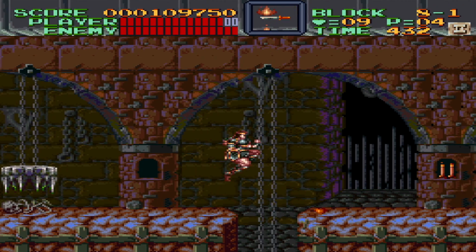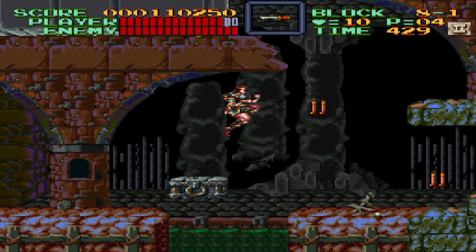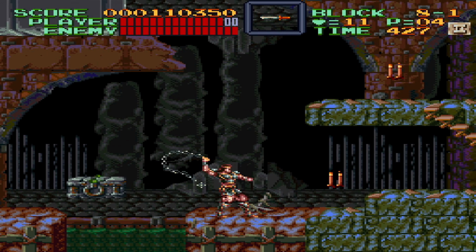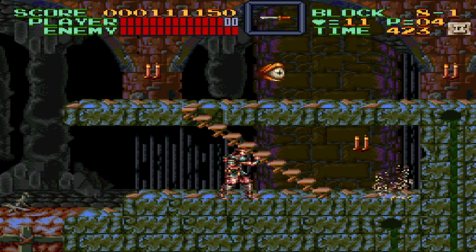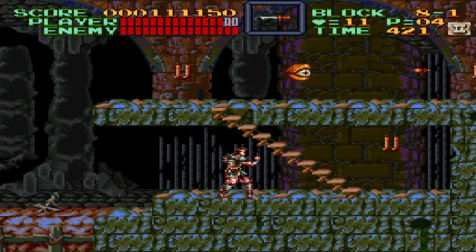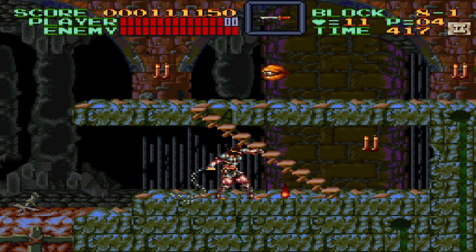a member of the Belmont family fated to fight Dracula every 100 years, because Dracula revives every 100 years and starts to wreak chaos upon the land, and it's the Belmont family's curse to go and defeat Dracula in this endless cycle. That's all there is to the story, so you can pretty safely ignore it, and what you're going